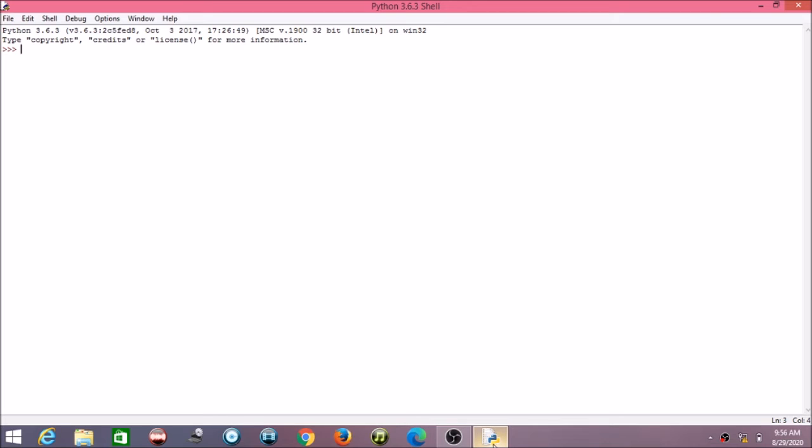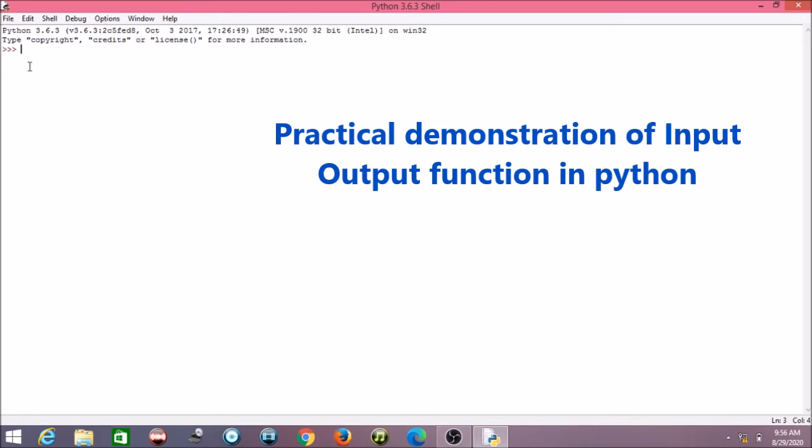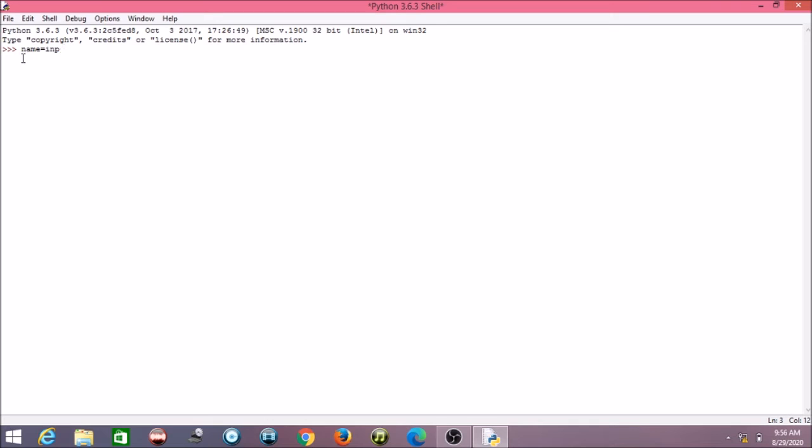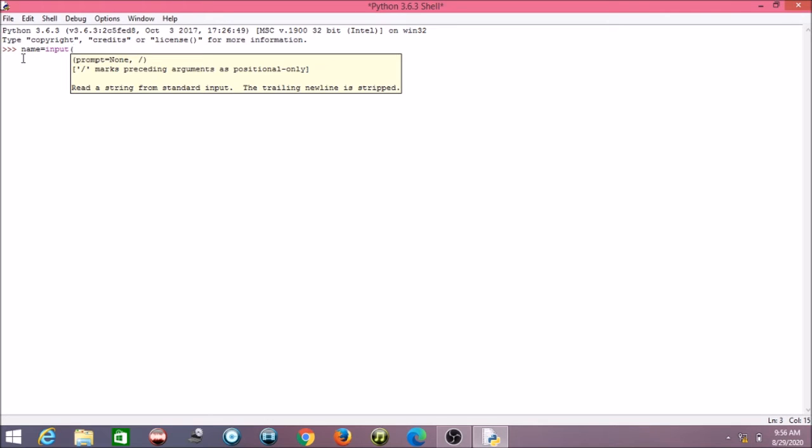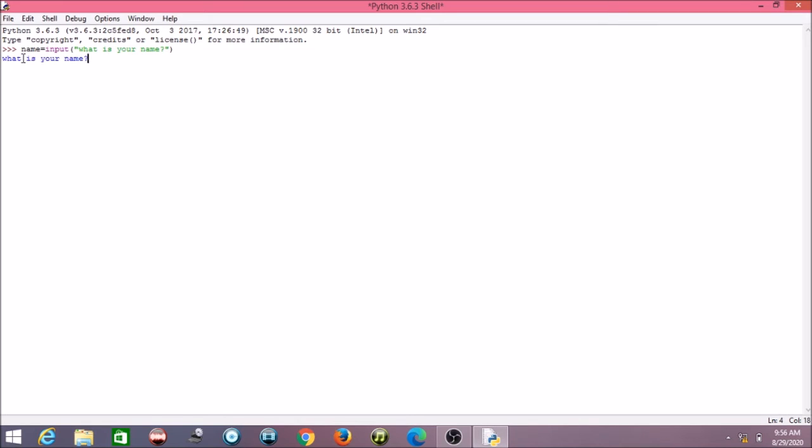So for that we have to write here, like I am writing name. Okay, name is a variable, and in this variable I'm asking the user what is your name. So I will write input bracket, and then in double quotes I will write what is your name, then I will put a question mark and double quote, and then close the bracket. Now after executing this, it is asking what is my name, so I am writing Nidhi. So this Nidhi is stored in this name variable, and when I simply write the name variable, it will show my name. So this is the use of the input method.